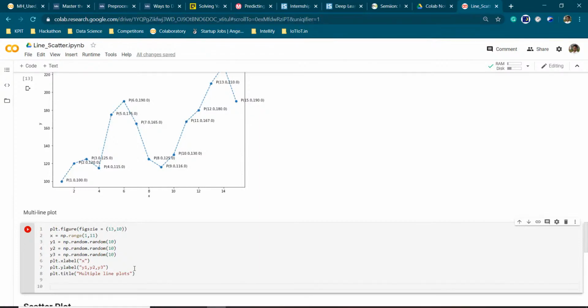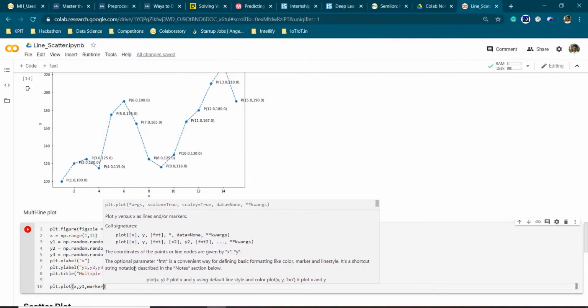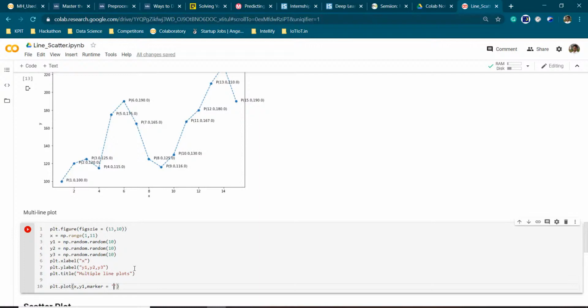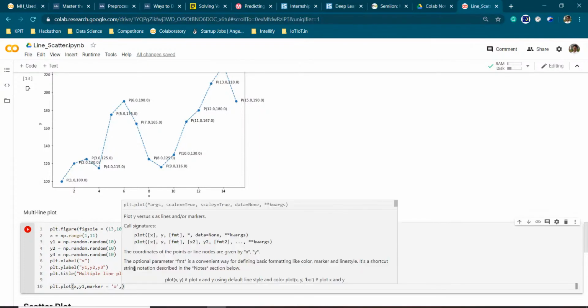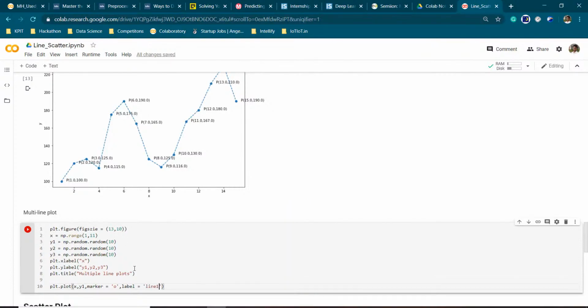Now for plotting, the trick is to use plt.plot method twice. So we are going to give the parameters x comma y1. Now we can give the marker equal to O, and then we are going to give a label so that we can use legends for better representation afterwards. So this is line 1.